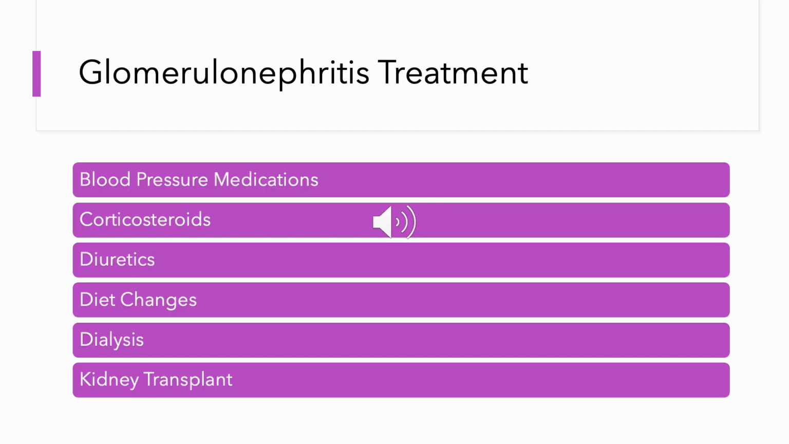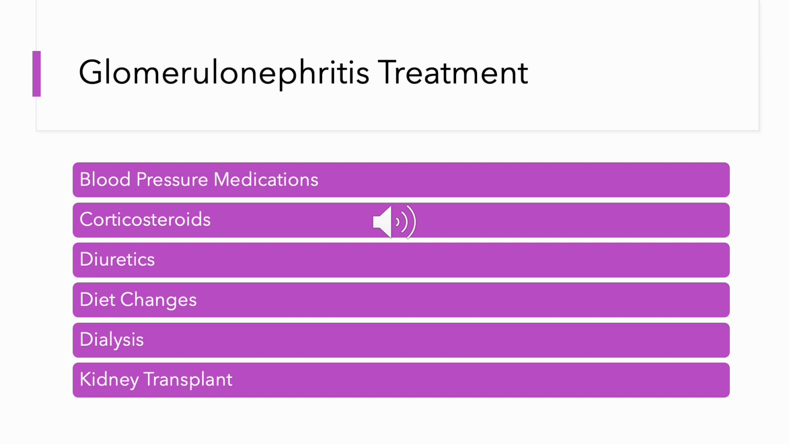Although glomerulonephritis cannot be cured completely, there are several treatment options that can slow the progression of the disease as well as prevent complications for it. These include blood pressure medicines such as ACE inhibitors that protect blood flow into the kidneys, corticosteroids that may be used to decrease inflammation that leads to scar tissue, diuretics or water pills that may be used to remove excess fluid in the body through more urine production, diet changes including eating less protein, sodium, and potassium,